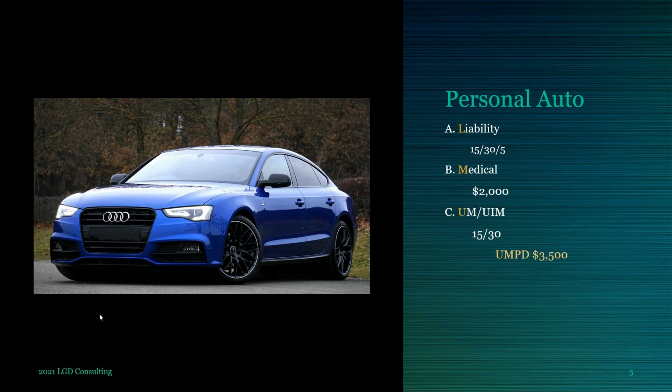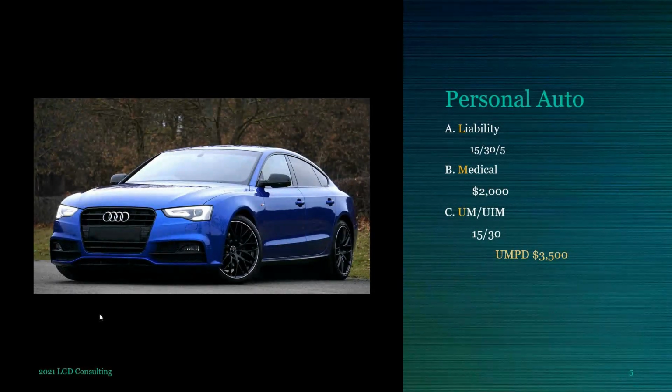And then the third number, the 5, is 5,000 for property damage. The first two numbers cover the people in the car that you hit. The third number covers the car that you hit. That's how you want to view that. You want to know what those numbers mean because very often that's a test question. An individual has split limits of 25, 50, and 10, and they mean which of the following. You need to know it's 25,000 bodily injury per person, 50,000 bodily injury per occurrence, and then the 10 is for the property damage.